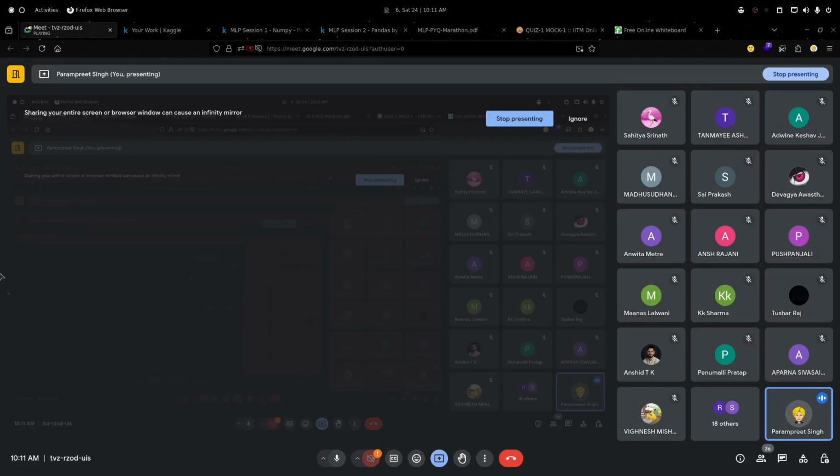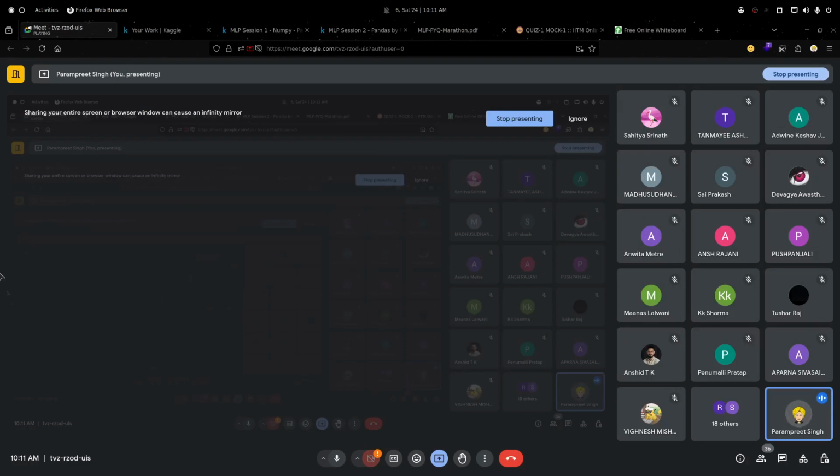Then we have another important function which is describe. Describe normally takes all the numerical columns we have. So here we have two columns, name and marks. Marks is a numerical column, it is an int. So it gives us a brief summary in various ways: the total count, mean, standard deviation, minimum, 25th percentile, 50th percentile which is the median, and 75th percentile, then we have the maximum. Okay, and I'm using a Stack Overflow data frame here.